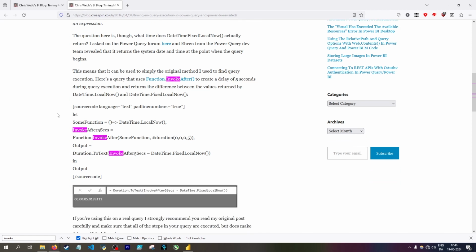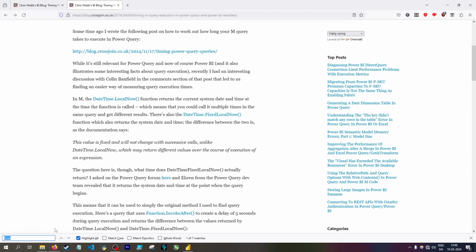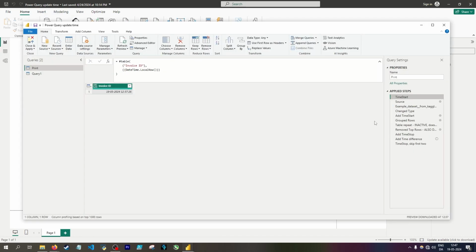Here he offers another solution, which is to use the DateTime.FixedLocalNow function. The way the FixedLocalNow function works is instead of taking the time when you call the function, it takes the time at the start of the query, which means that DateTime.FixedLocalNow should never be able to change. It's supposed to take the time when you start updating, and then you can use DateTime.LocalNow at the end, like what I do in the query, where here in the time start step, instead of using DateTime.LocalNow, I should use